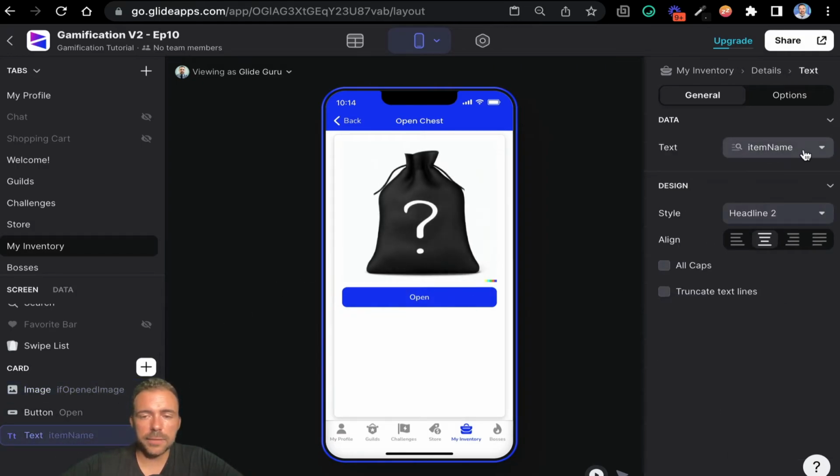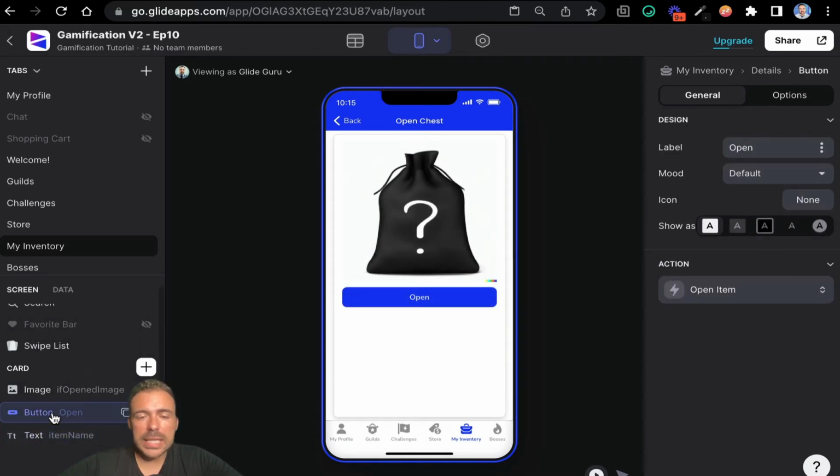It's just going to show the item name. So this could be the item or the item name. It's going to take a look at whether or not I've opened the item, and if so, it's going to display the name of the item. Otherwise, it's keeping it hidden for now. And then the magic here is going to be in this button. So I'm going to create a new button, and I'm going to create a new action on this button called